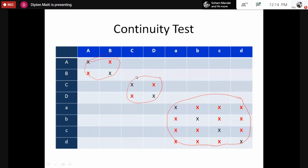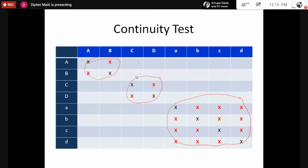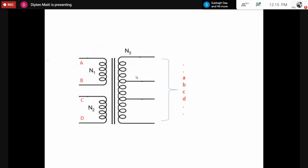So that this is a transformer, of course, we are not sure about that till now. So if we consider that this is a transformer, the transformer symbol would look something like this. Let's assume for the time being that this is a transformer, so there would be a coil across the two terminals capital A and B, and there would be a coil across two terminals capital C and D,